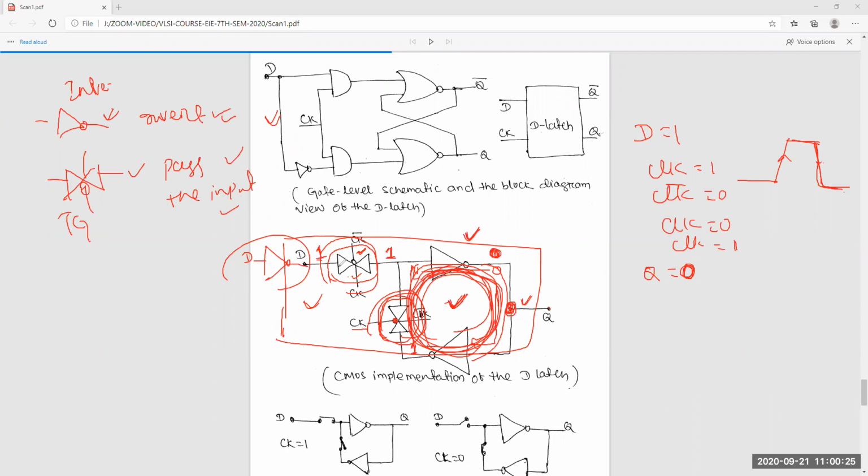By using two transmission gates and two inverters, that is 2, 2, 2, 2, so 8 transistors, we can design a latch.